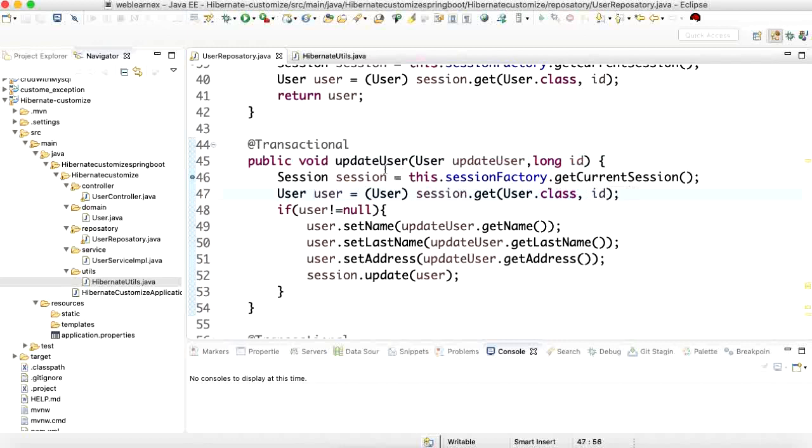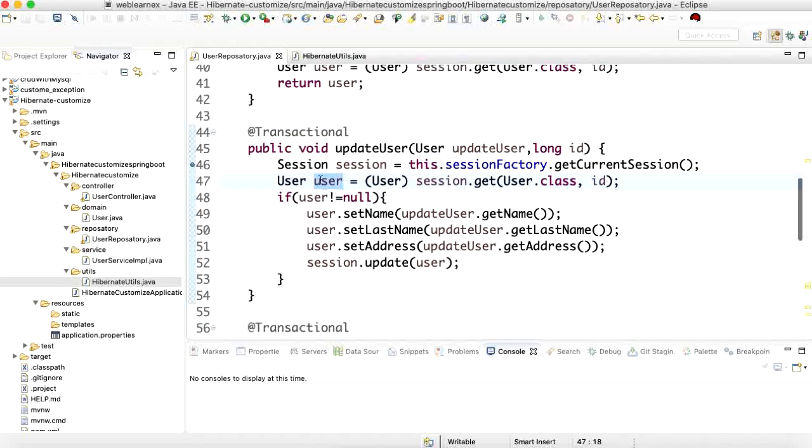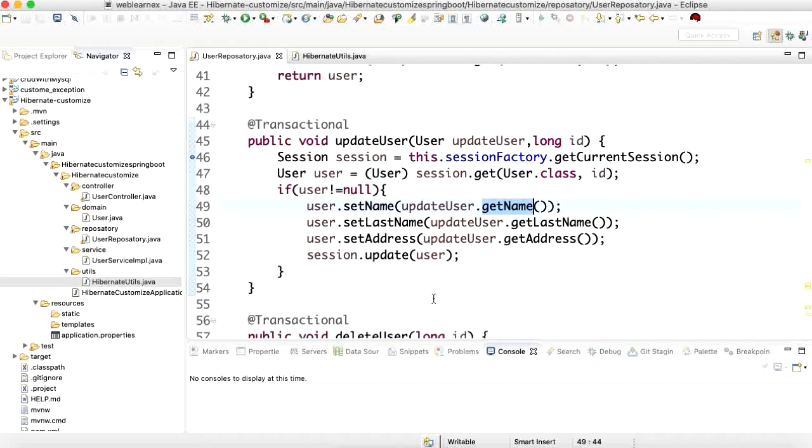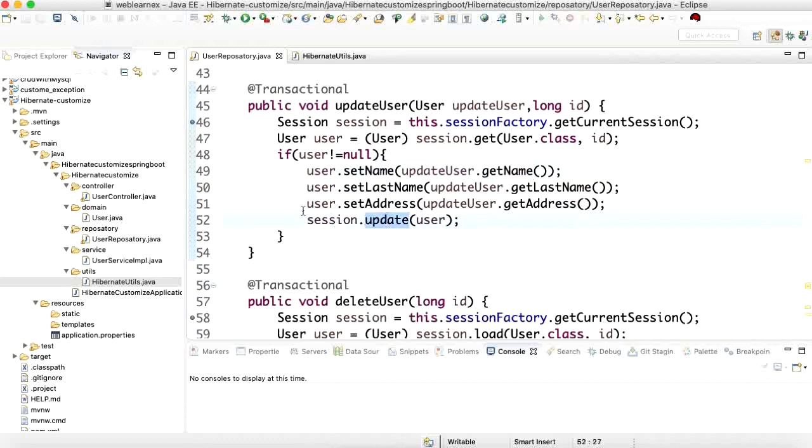If it exists, it returns the user information, and after that I need to update the existing user from the current user information. So the updated user is this. I'm copying the updated user's name, last name, and address to the existing user, and on the session I pass the update query here. So it will update all the information.